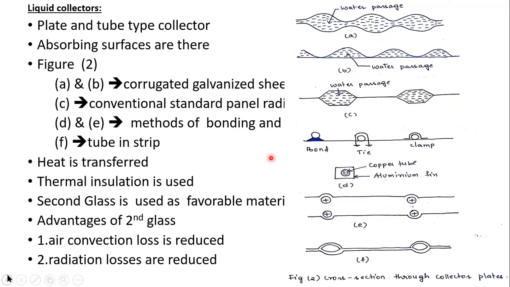Transparent plastics are used in place of glass. These plastics are cheaper than glass, but the drawbacks are more than those of glass. If you are using plastic, drawbacks will be more, because mostly plastics are not opaque like glass to thermal infrared radiation, so they permit greater loss of heat from the absorber.